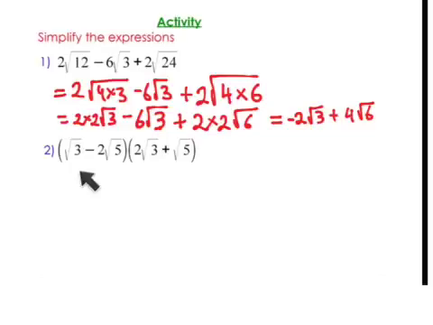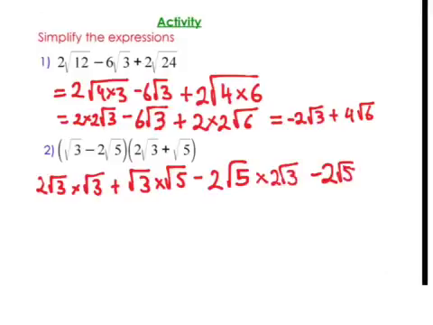Now here is a double bracket multiplication involving surds. So we expand the brackets, and we're going to have 4 terms multiplying, and these are the 4 terms. Now simplifying that